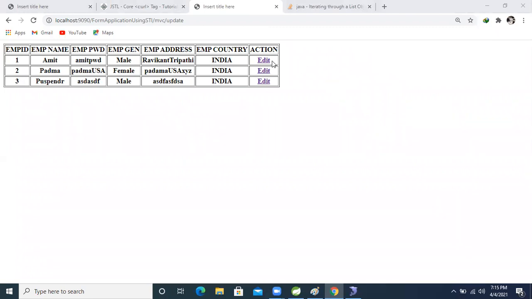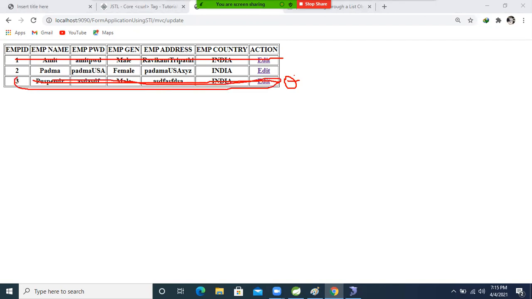So what we will do now is give one delete button, a delete link. If the end user clicks on that button, this record will be deleted. If the end user wants to delete this record, here we will give one input delete button, and based on that delete button the end user will delete this record. So this is our scenario, and we will implement these things.